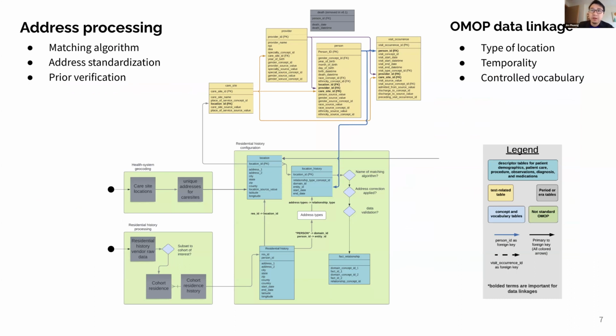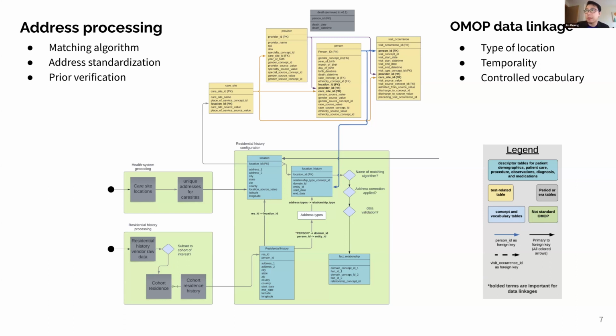On the bottom, you can see if we are getting the data from another source where they might have a larger pool of patients, how do we subset that down to just the segment of the patients that we're going to transform and represent as location and location history? If there are any matching algorithms or temporality being matched, this is the same person, this is a period of time they lived at some place, and then there's another address, but we don't have a confirmed end date for some things. There might be a window of time, but there's no clear end date.